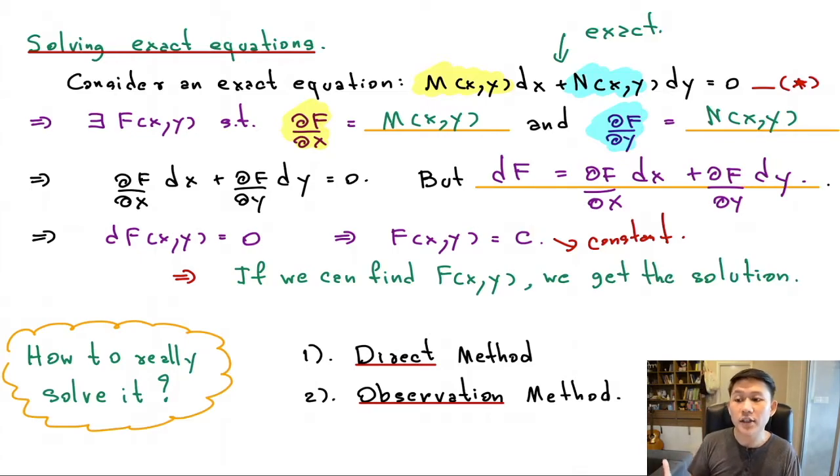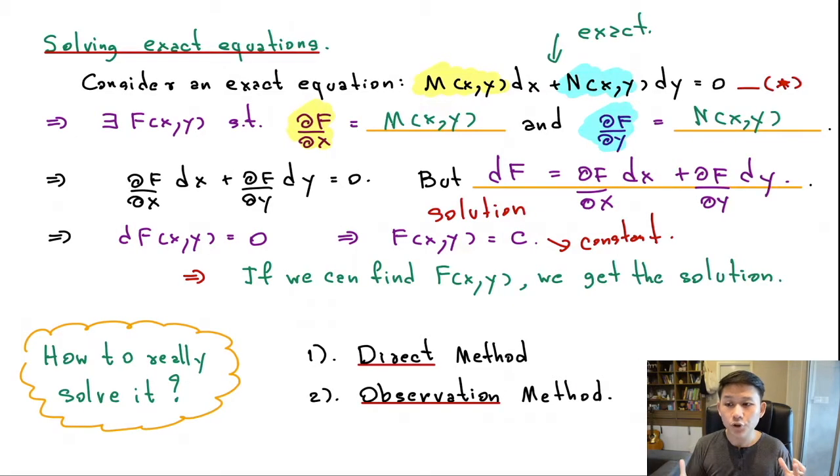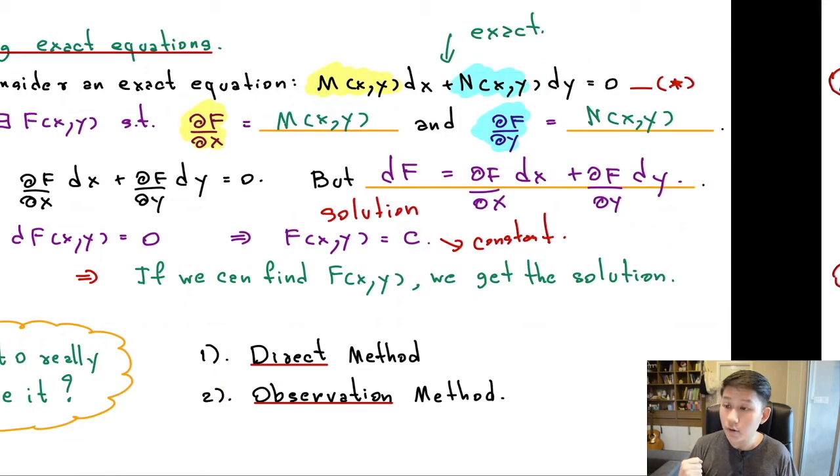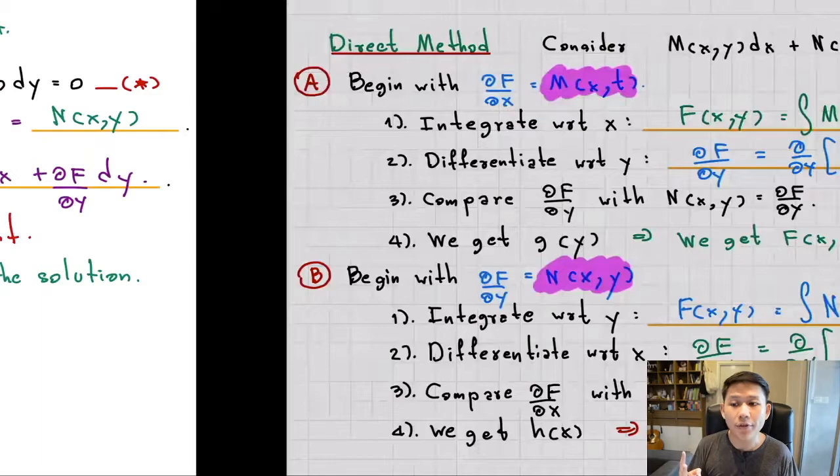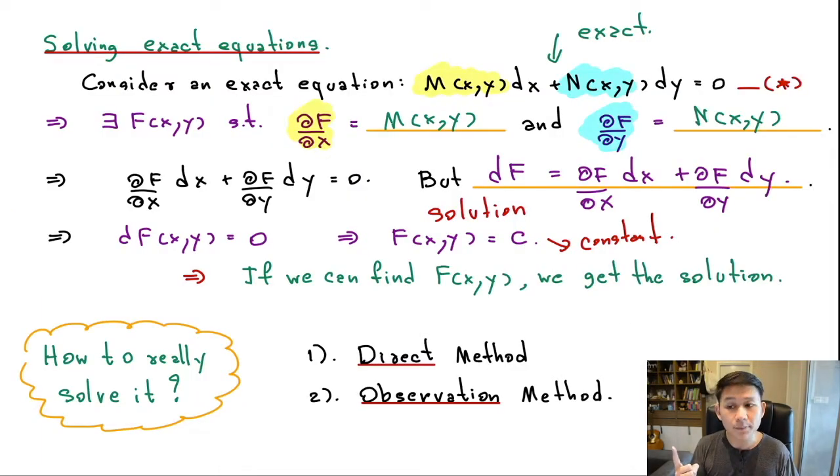Okay, this is actually the solution. f = c is actually a solution. But the remaining problem is how to find f. That's the remaining question, how to find f. There are two methods, but I'm going to talk about the first method first,